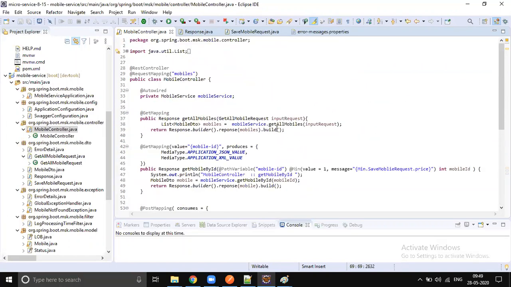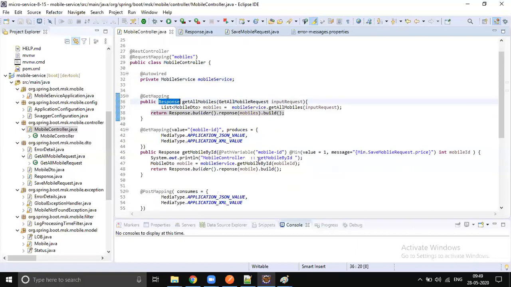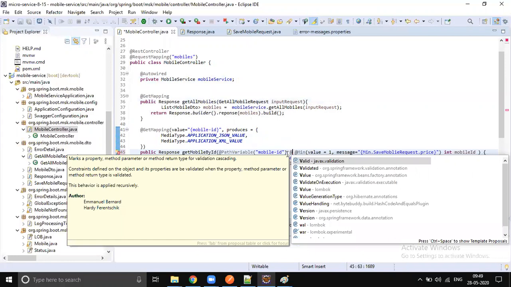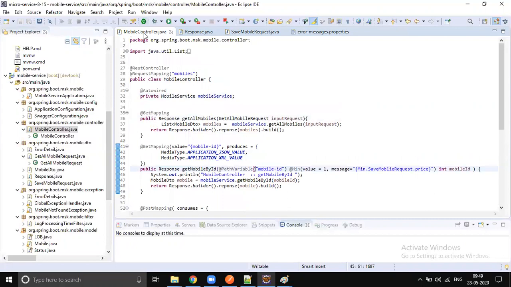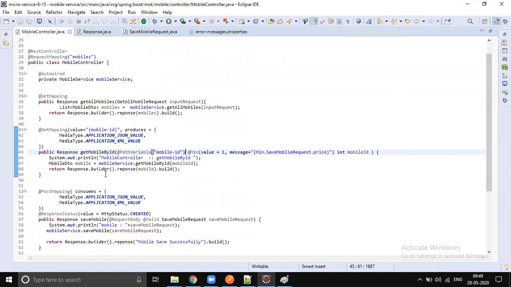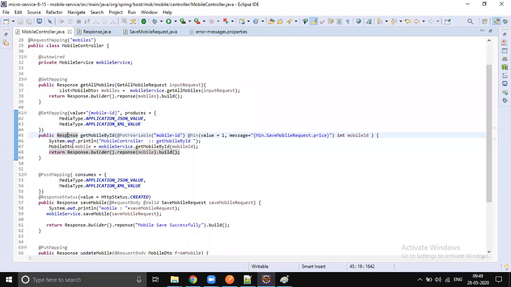Okay, so done. All our methods are going to return response. I'm not sure whether this will work automatically or whether I need to put it valid. I never tried that. Let's try it. Okay. Yes. So this is the perfect controller, which takes DTOs and returns a proper response, with proper error messages.